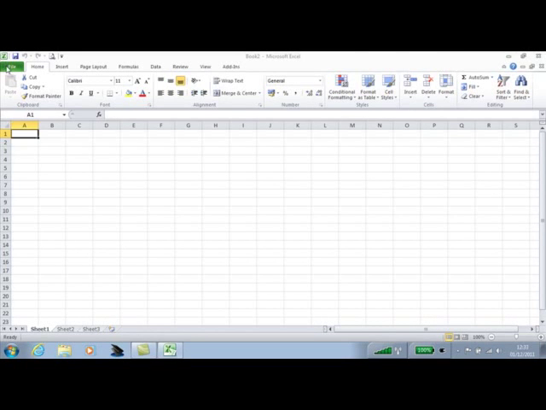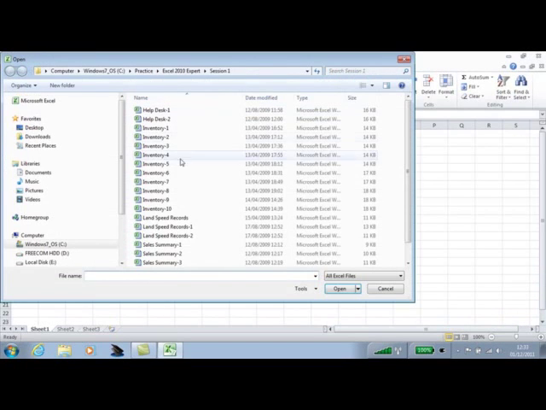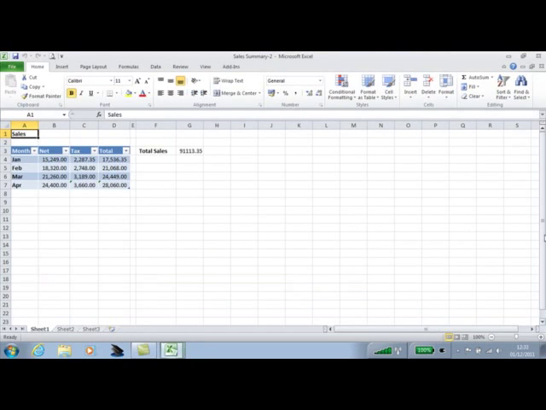For this lesson, you need to open the sample file Sales Summary 2 from your Sample Files folder. In the last lesson, you created a structured reference automatically by selecting a range in a table with a mouse. In this lesson, you'll appreciate the powerful new tools built into Excel that make the creation of manual structured references very easy and intuitive. I'm going to add a formula to cell G4 that will calculate average sales using a